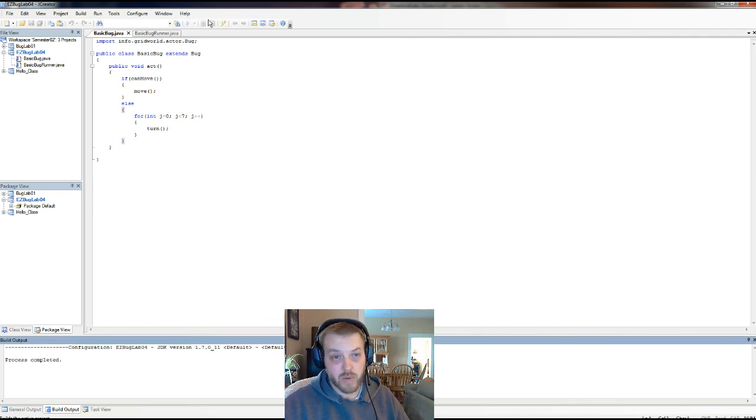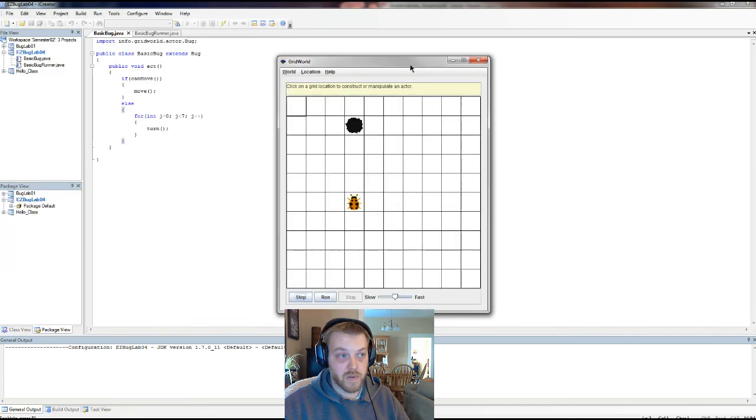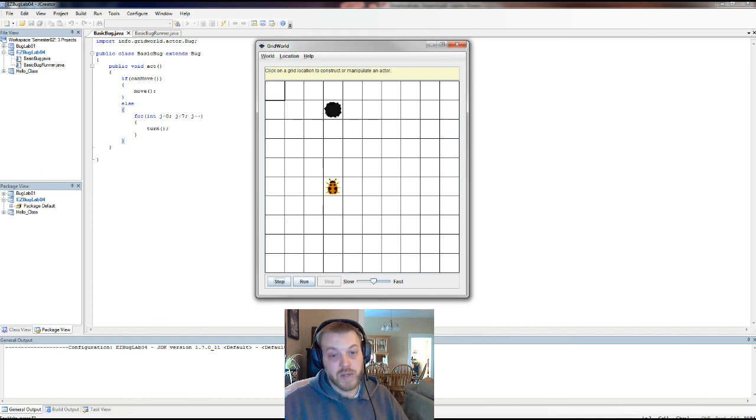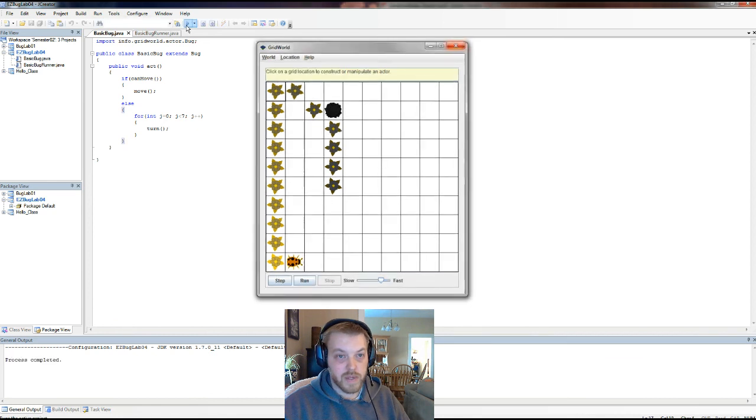I always do this first, build project, then run, make sure I don't have errors. And let's slide this over so that you guys can see what's going on here. So now, if I run this and I say step, step, step, or hit run, this bug is turning left, and it looks like mission complete and all that kind of stuff. But really, it's not very good, and let me show you why. If we run this again,